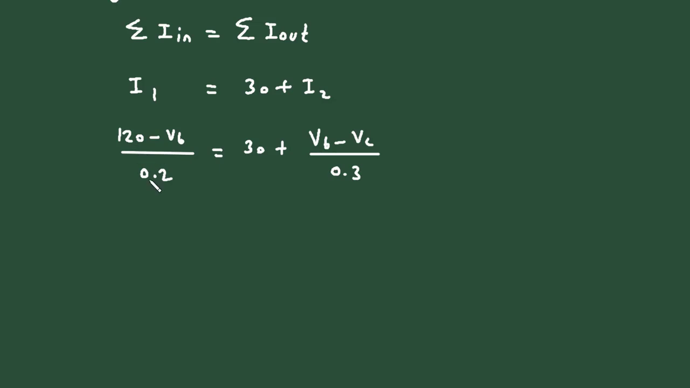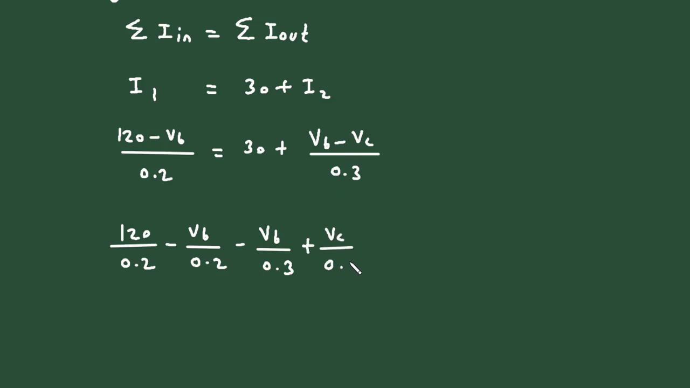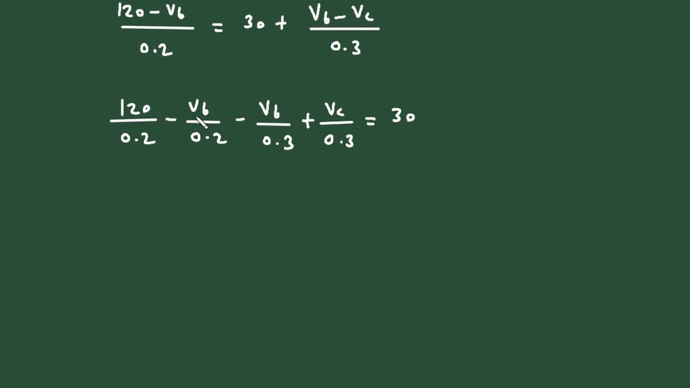Now let's simplify this. So it will be 120 divided by 0.2 minus VB divided by 0.2. Then we will keep this 30 on right side and we will take this VB by 0.3 on left side. So it will be minus VB by 0.3 and this will be plus VC by 0.3 is equal to 30. Now here we can solve this. So it will be VB in bracket, this will be minus 1 by 0.2,